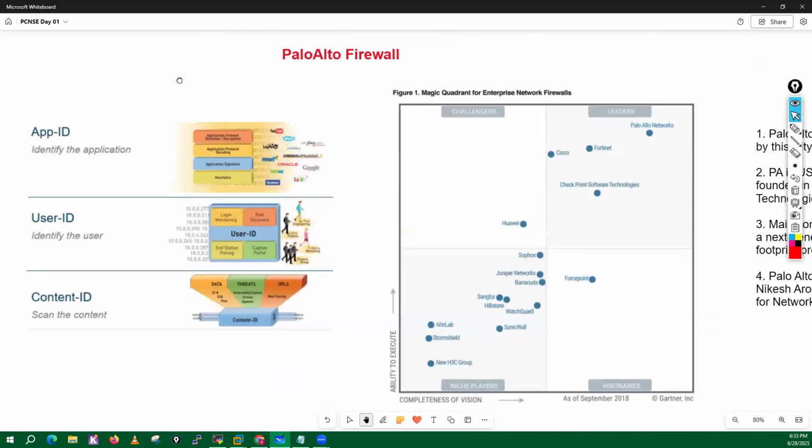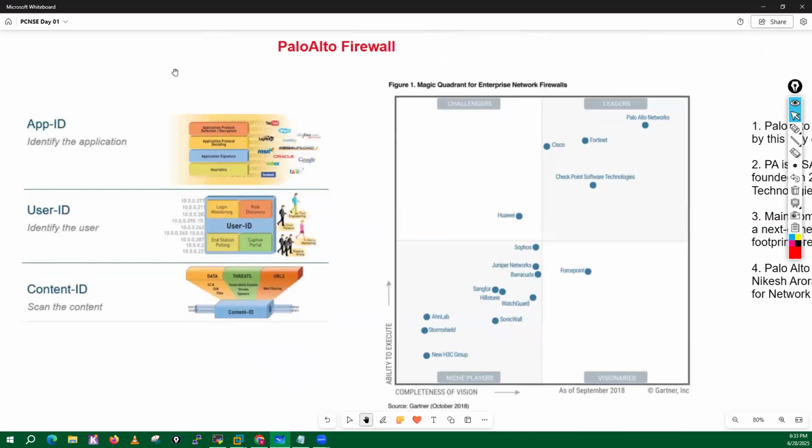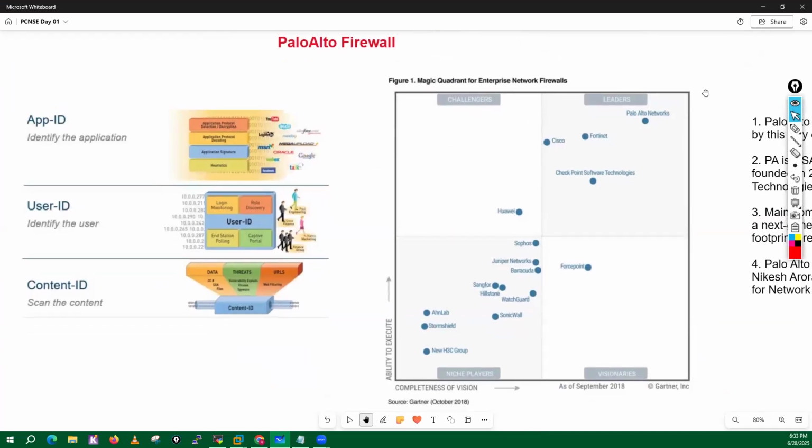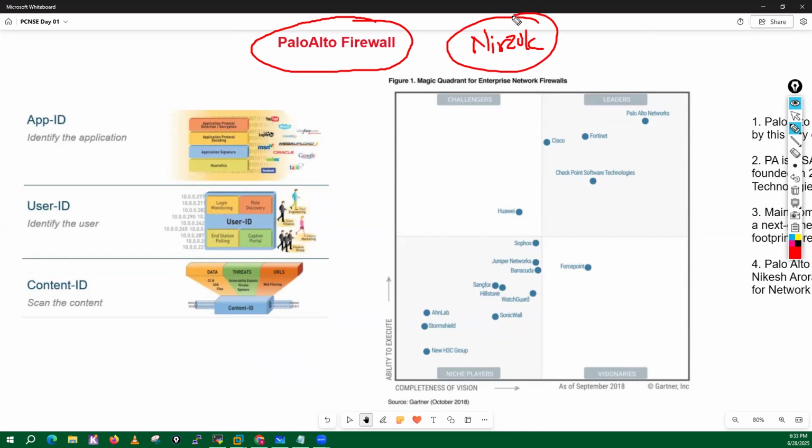Let's try to understand some details with regards to the Palo Alto firewall. Guys, the history of Palo Alto Networks: the Palo Alto firewall was basically introduced by Nir Zuk. As I have mentioned, he was an Israeli American, and Nir Zuk is the developer of stateful inspection. And guys, let me tell you, when he discovered this technology, stateful inspection, it basically changed